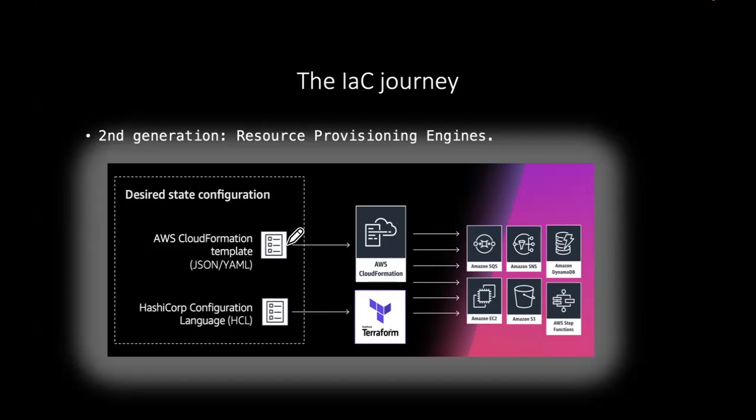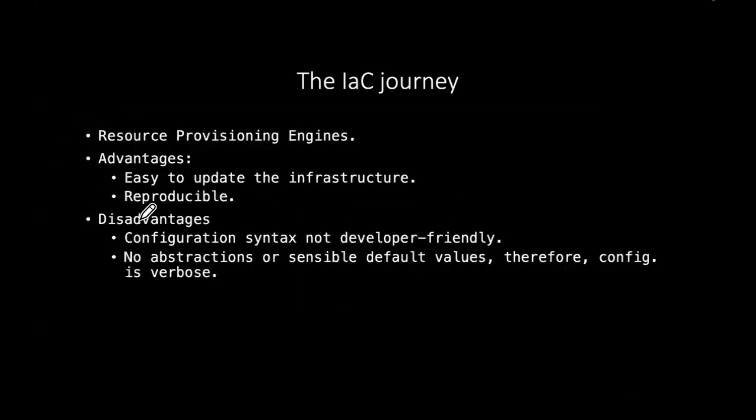And also, if I want to create a development version of this infrastructure and a test version, then I just give the document a different name, and it will create multiple copies, if you like, of the infrastructure for me. The downside was,